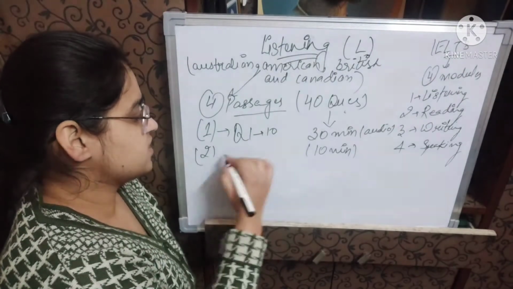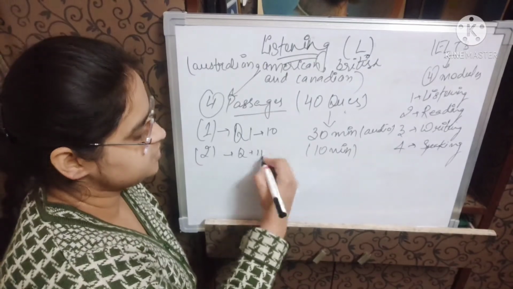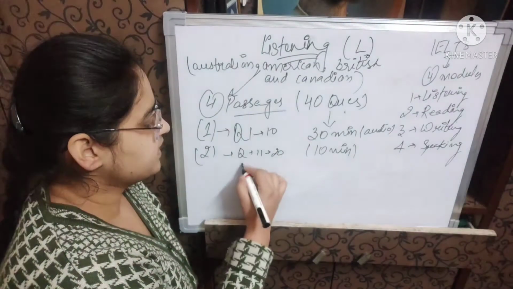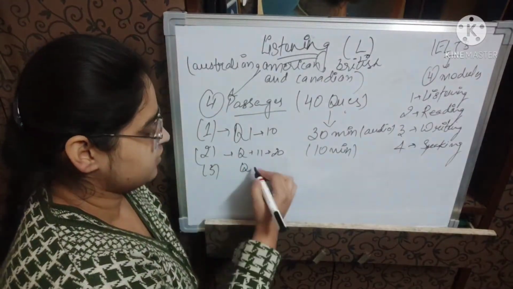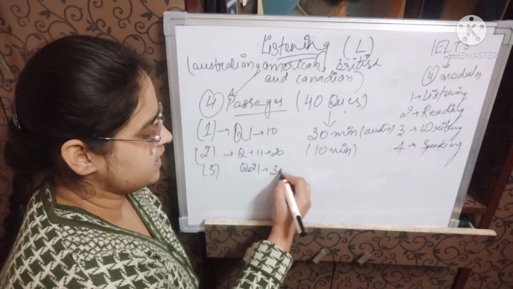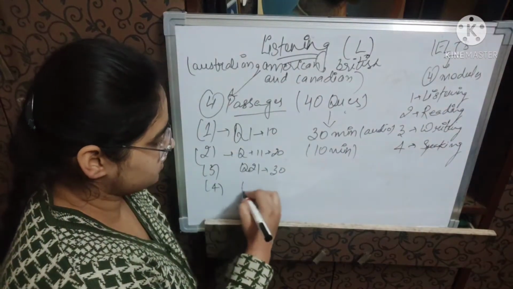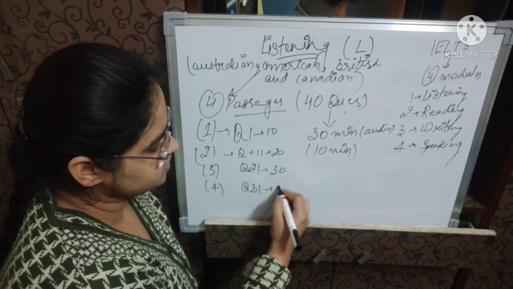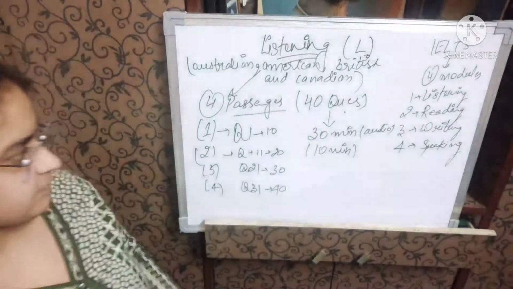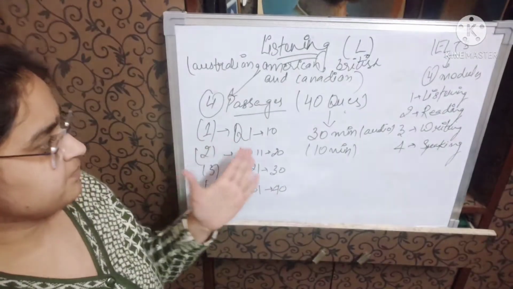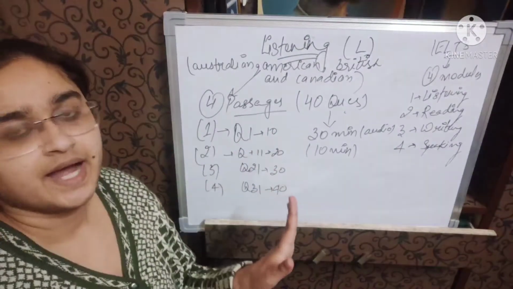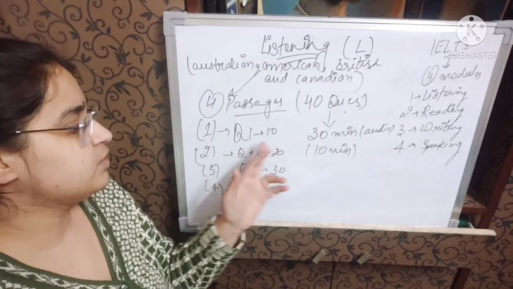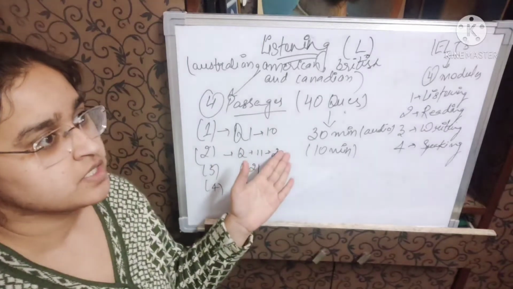Similarly, the second passage consists of questions 11 to 20. The third consists of questions 21 to 30, and the fourth passage consists of questions 31 to 40. Right? So it's not that the speaker will tell you to read the questions from